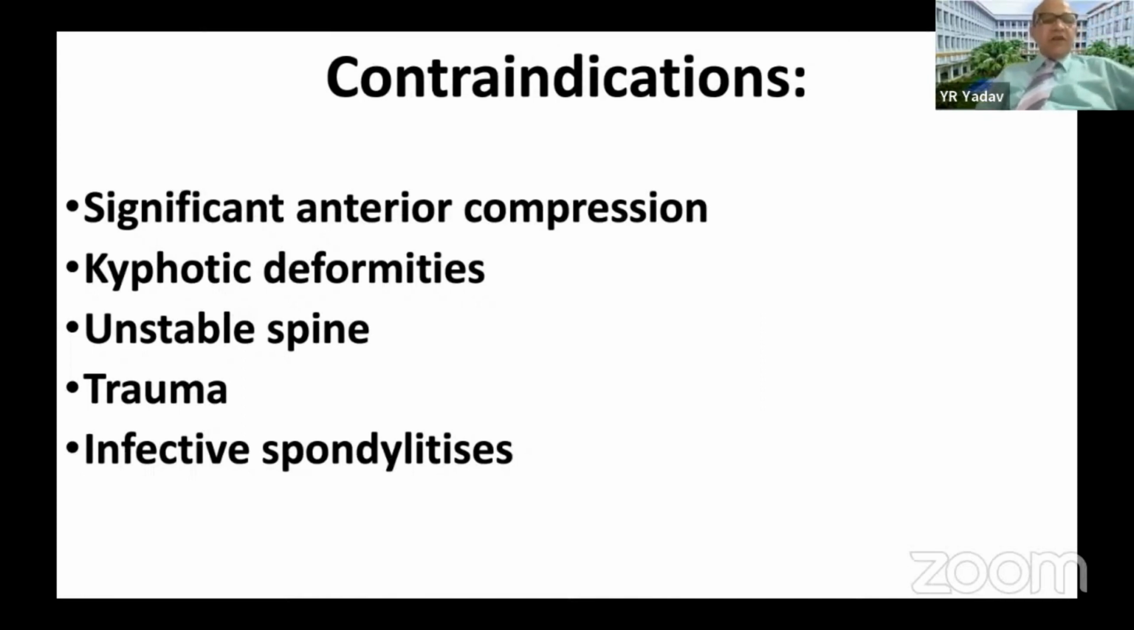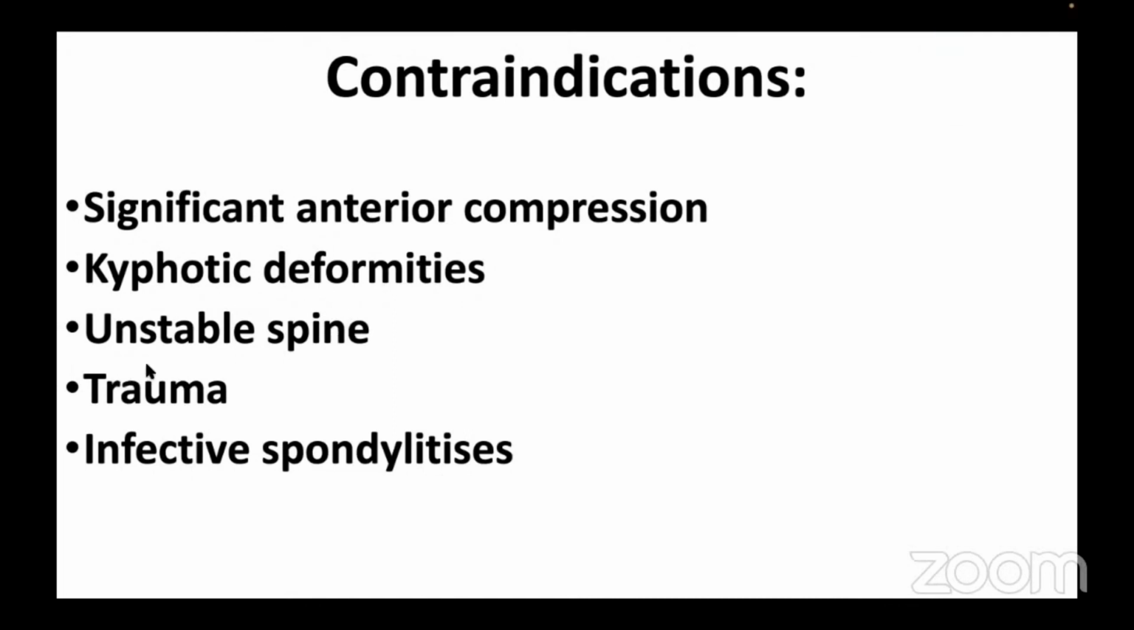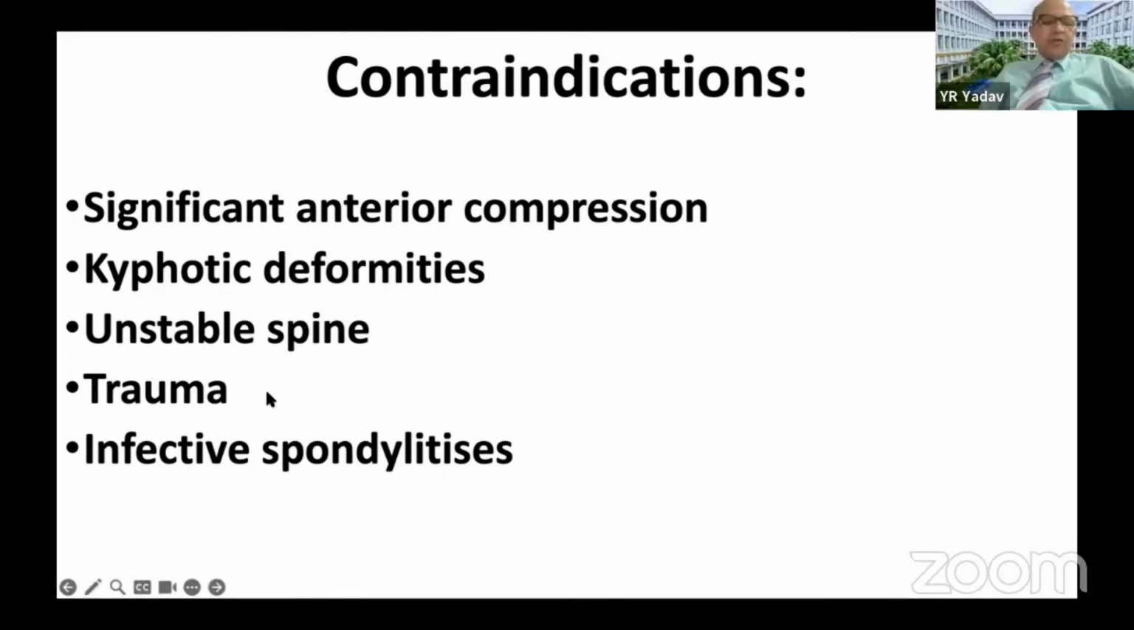When there is a kyphotic deformity, I told you why, because in most cases the posterior approach in spondylotic myelopathy is an indirect decompression. So the cord needs some space to expand posteriorly. And when there is a kyphosis, it does not expand posteriorly, and therefore there is no good, rather it may do some harm. Unstable spine, the trauma, the infected